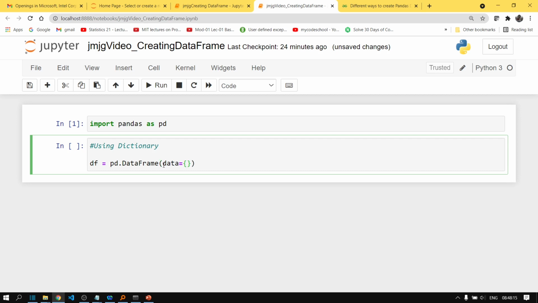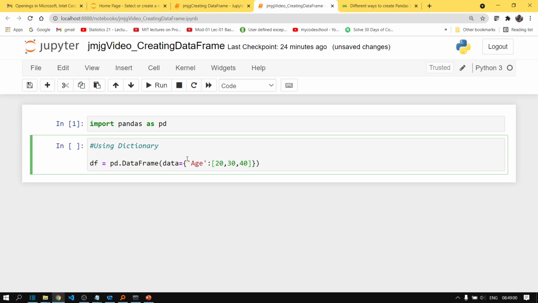Fine. So let's say our data frame will have 3 columns. In our previous video, we discussed the medical insurance premium data frame. So there we had several columns. Let's take some of them. Let the first column be age. So this is the first key of our dictionary, and what will be the value of the key? The value of the key can be a list. Fine. So let's say 20, 30 and 40.